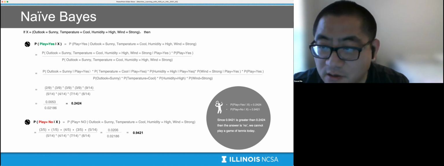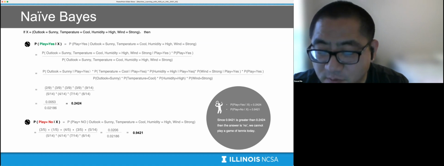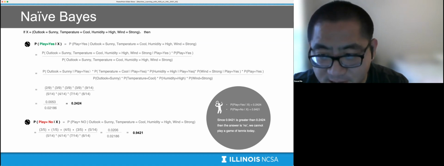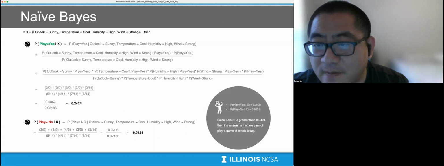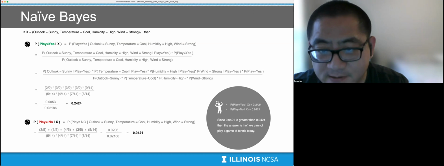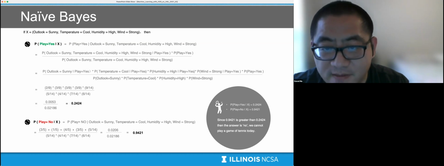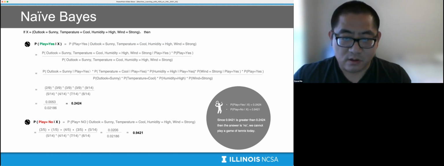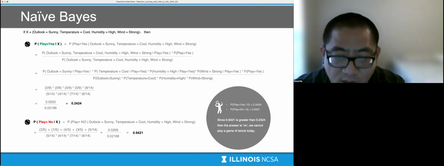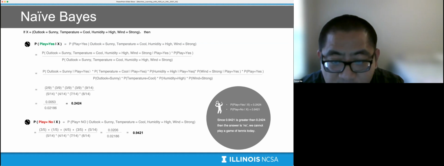that I play tennis, given that the outlook is sunny, temperature is cool, humidity is high, and the wind is strong, multiplied by the possibility of I play tennis, and divided by the possibility that the outlook is sunny, temperature is cool, humidity is high, wind is strong. By using this formula, we can get a result of the possibility of playing tennis is